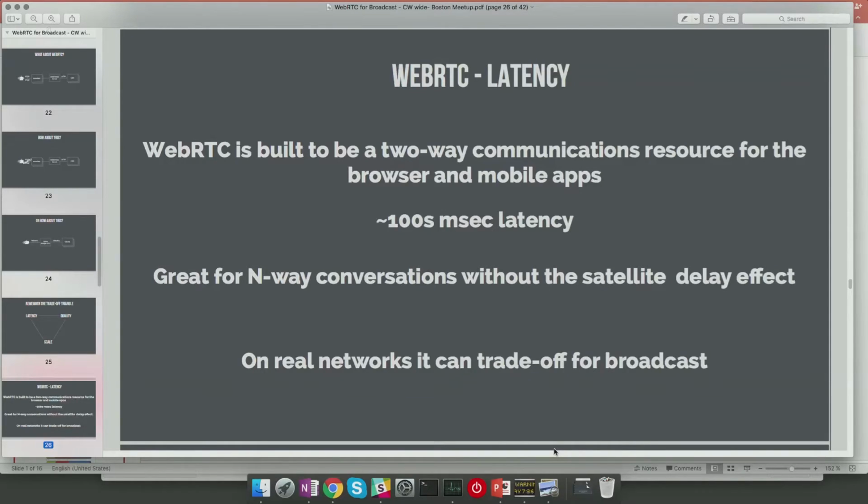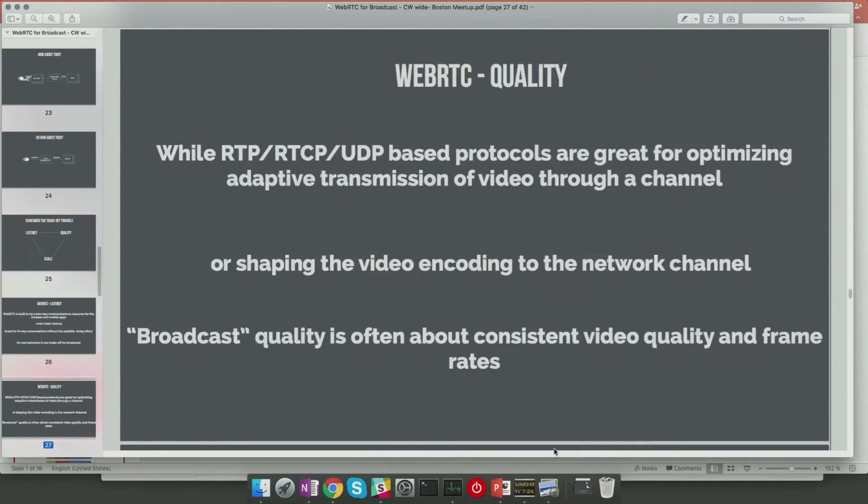However, because we have low latency, there could be some trade-offs for broadcast. From a quality point of view, like I said, these protocols are great for optimizing adaptive transmission for the specific channel that the peers are communicating on.